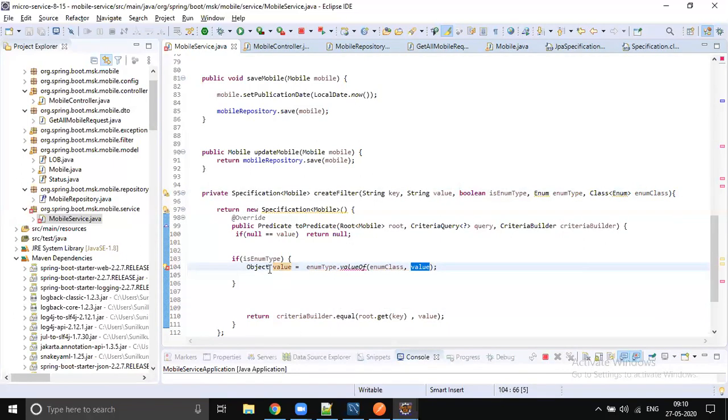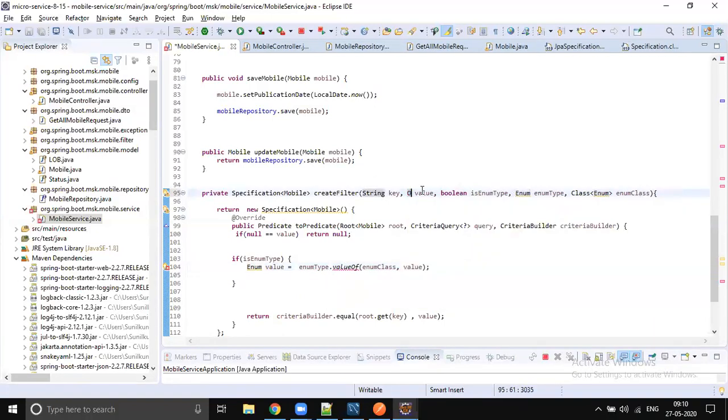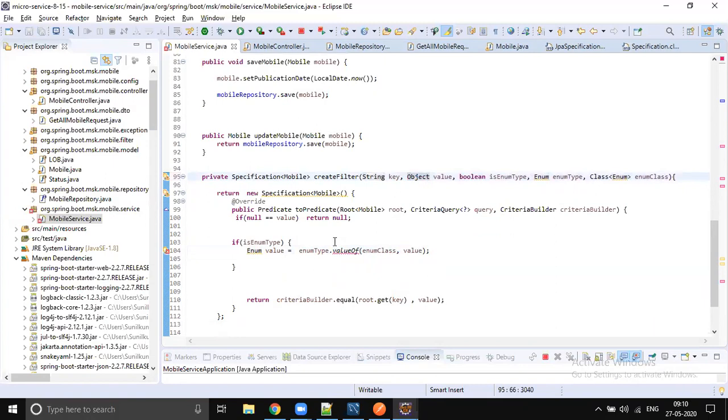So this is going to be enum value, and let's take the object as input.